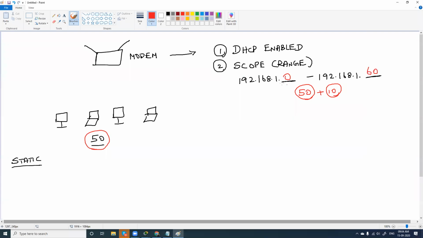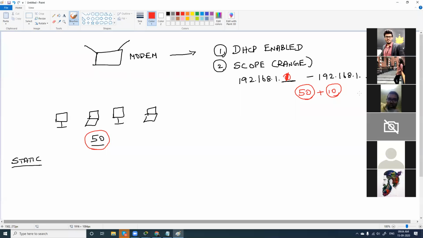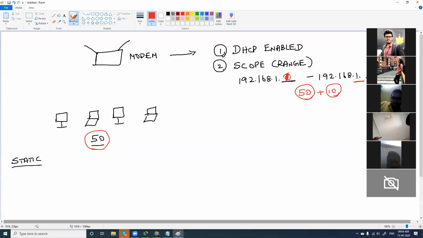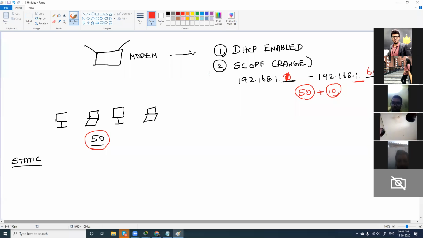It can start from this particular range, or to be more specific we can make it 1, or 2, or whatever you want. The IP addresses will be assigned from 1.1 till 1.60. This is the DHCP scope which we have to configure.